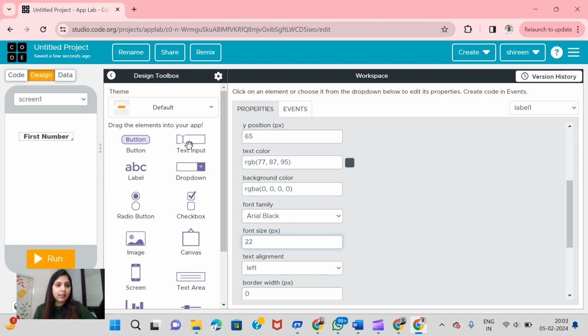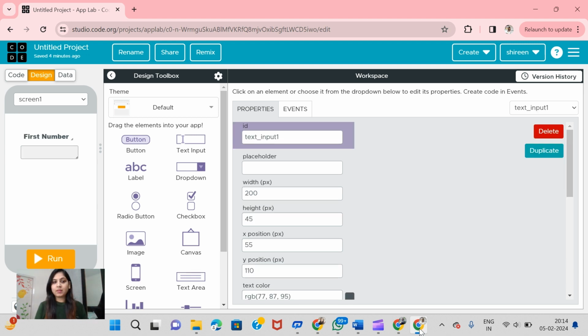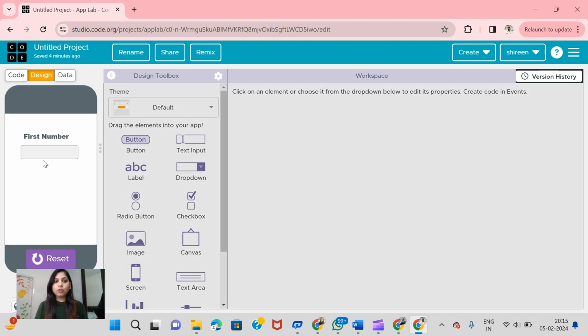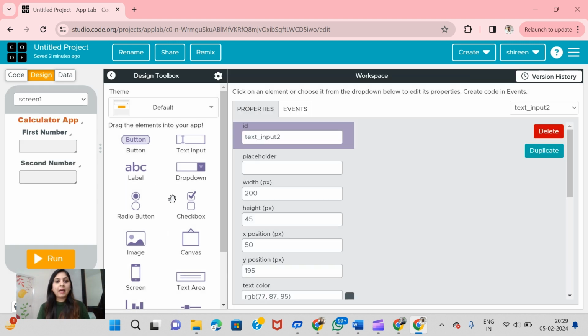Now I take one text input on the screen. Text input is used to take input from the user. To check the text input, click on Run and the user will be able to type numbers inside this text box. Add one button on the screen which will perform a mathematical operation like addition, subtraction, multiplication or division. I will change the text of this button to a plus sign,